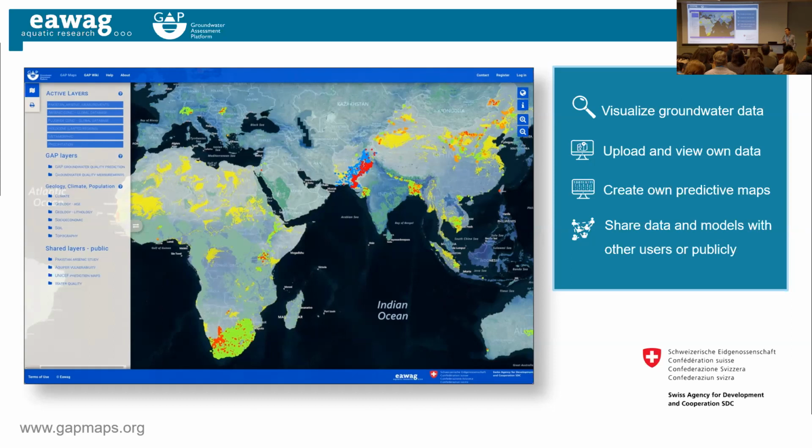Yeah, this is an example from an earlier study that didn't show arsenic in Southeast Asia, Sumatra and Myanmar, where there were no data from those areas where we predicted high arsenic concentrations. And then either someone from our institute or elsewhere went to those places, because of the map, oh, we should check it out, and indeed found high arsenic concentration. So that's a great example of how to use this map or these predictions.